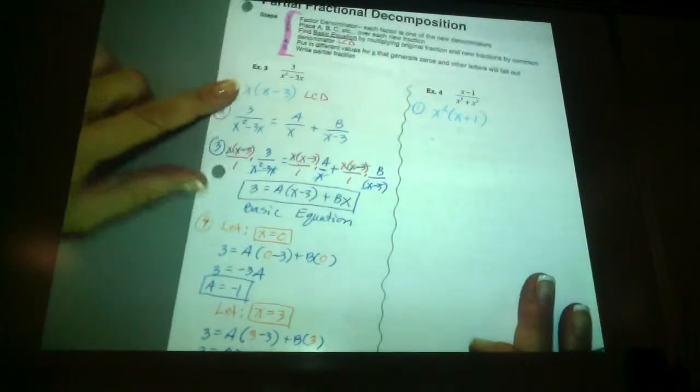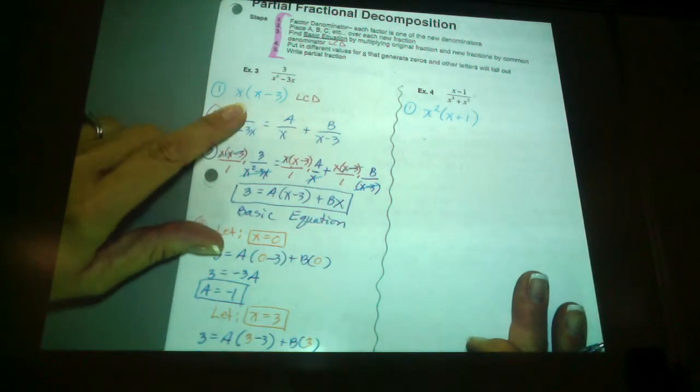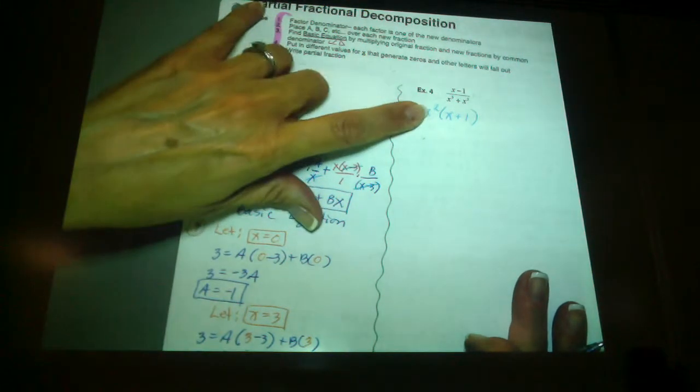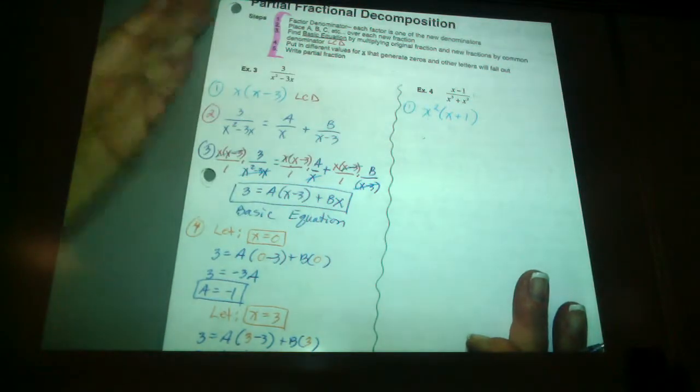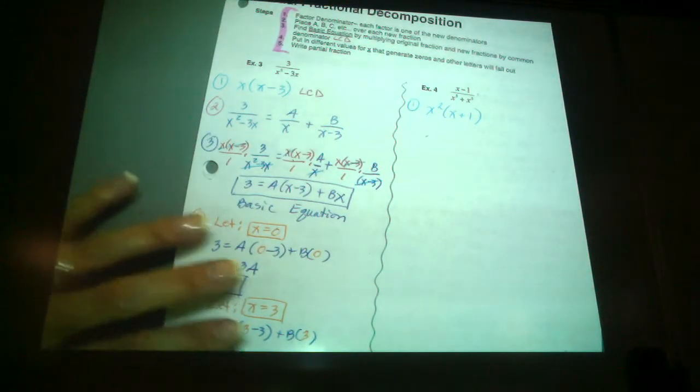Okay, so my point here is the difference between these two is these factors were raised to the first power. We didn't have to do that. If you have a factor raised to any power other than 1, you have to go in successive order of that. So, for step 2,